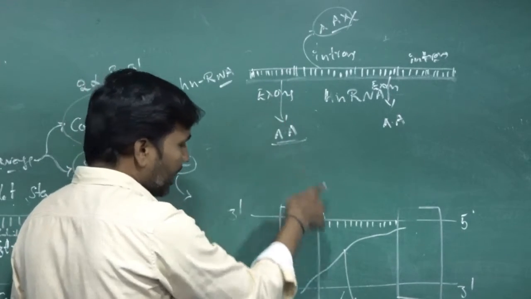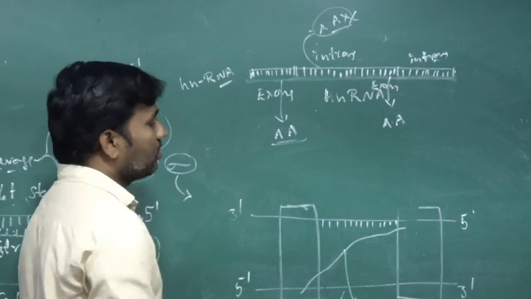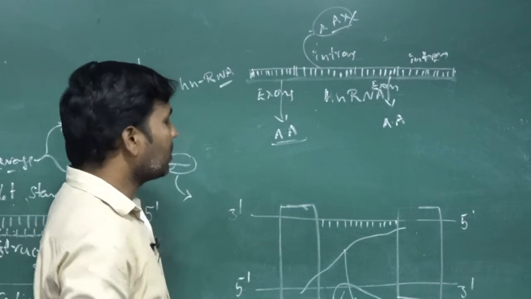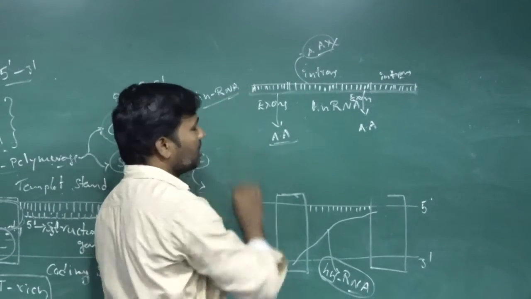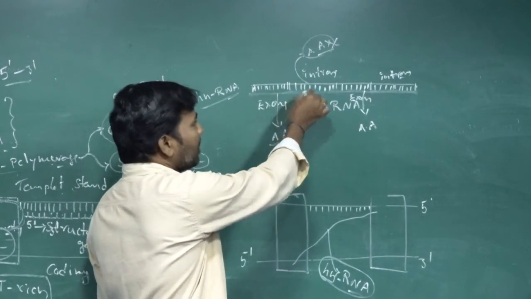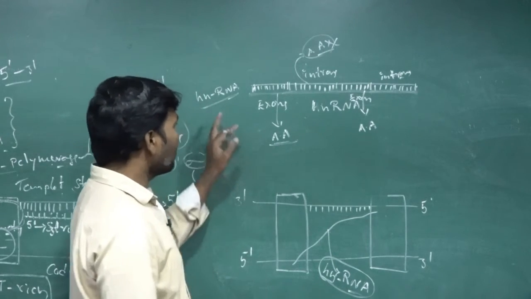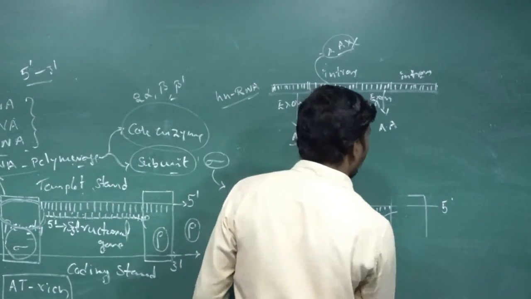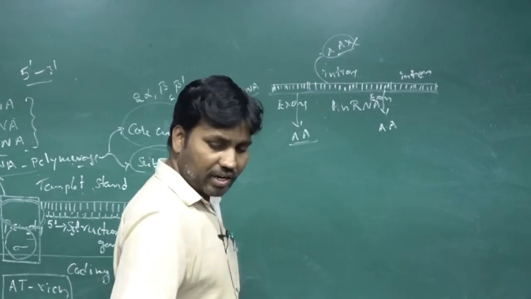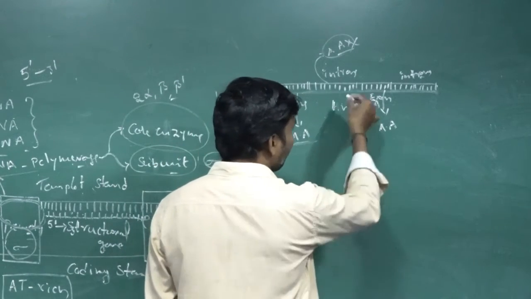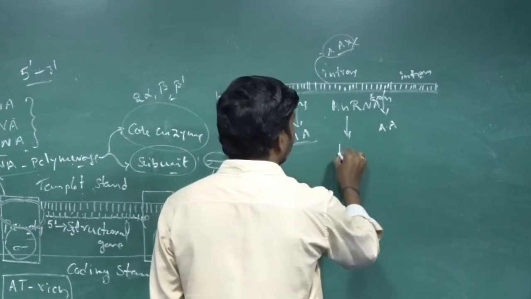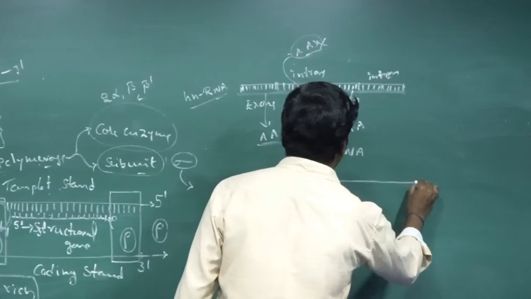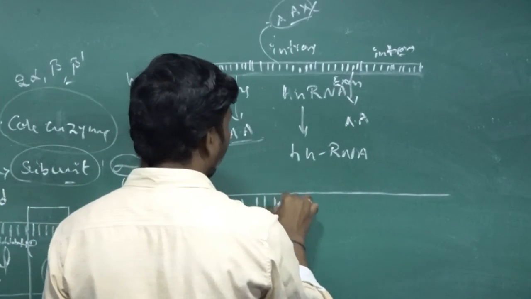So like this, the hnRNA is synthesized by the RNA polymerases, forming the initial unprocessed RNA. hnRNA is nothing but mRNA only, but it has a number of introns and exons. Later, as we already discussed, the hnRNA acts as a precursor for mRNA. It is not a completely active mRNA. For the translation process, it is not useful here. This hnRNA is going to conduct it autonomously. Autonomously means on its own, it is going to conduct it.